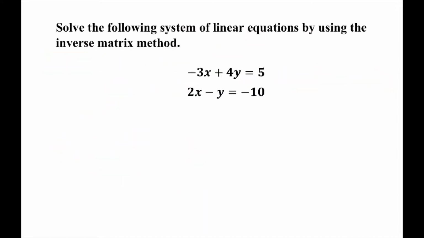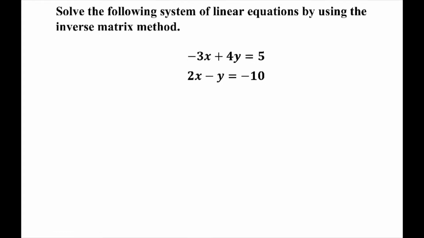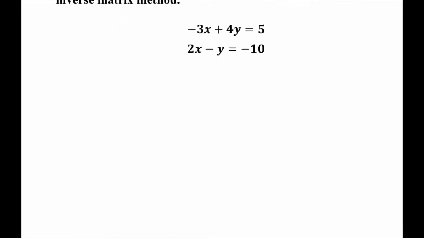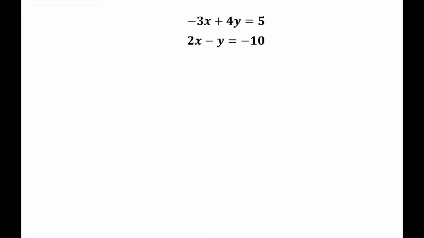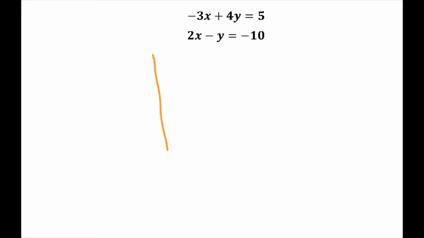Now we learned how to find the inverse. Now we are going to put these things together in order to find the solution for the linear system. So if I have -3x plus 4y equals 5, and 2x minus y equals -10, I need to find the solution for this linear system. Now, what does it mean to find a solution for a linear system? If I try to draw